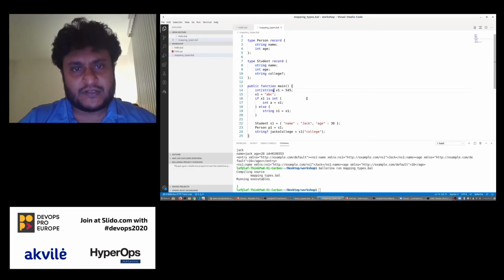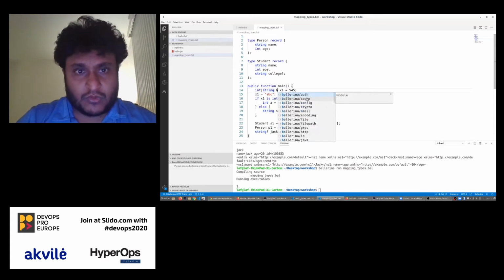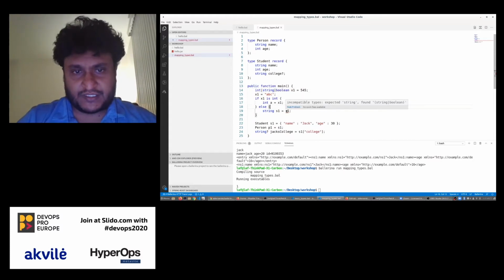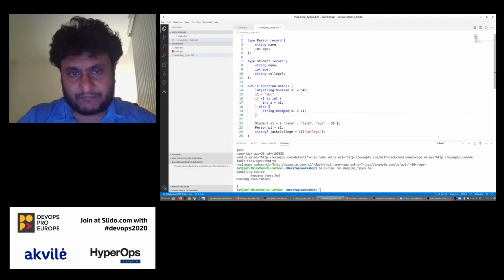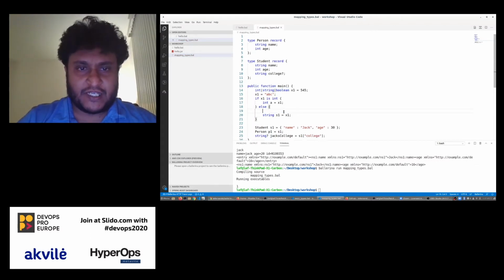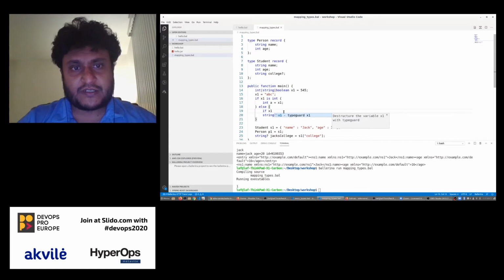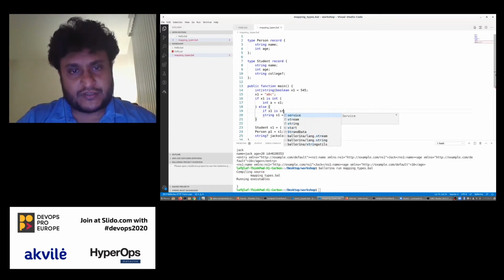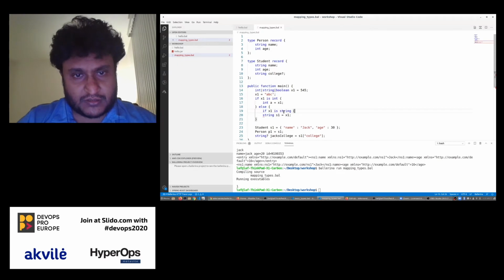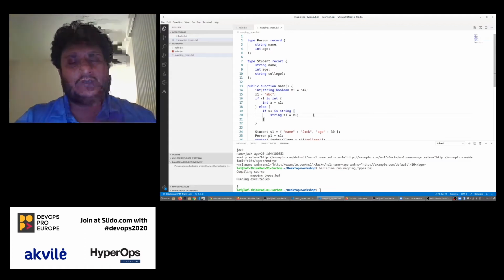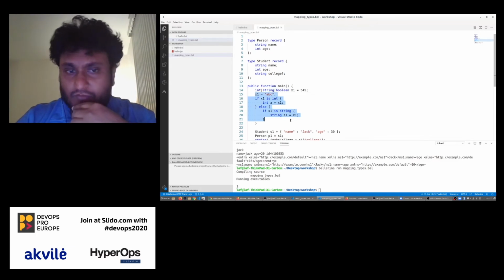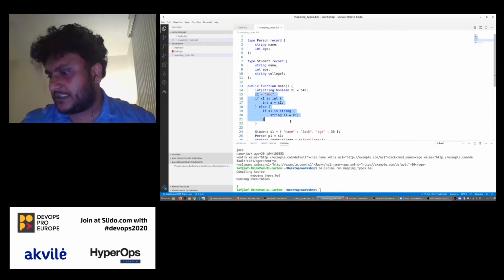So if we had another one called boolean also here, then this no longer works. So then it becomes a string or boolean. So then we have to say string or boolean here, and then make it work. Or else I have to again say if x1 is string, then I can do that here. So likewise, that's how the union type system works